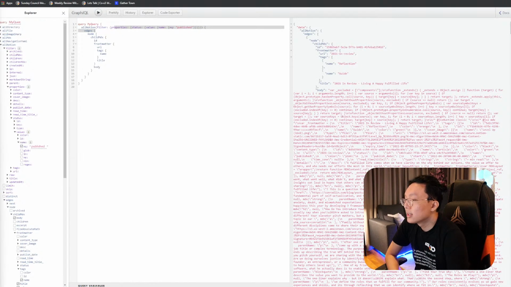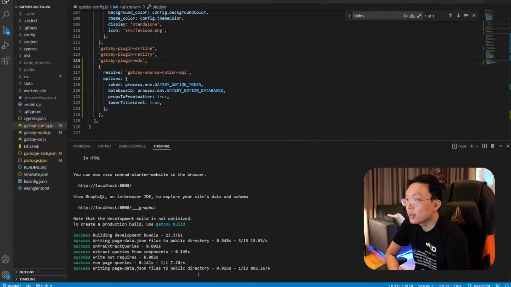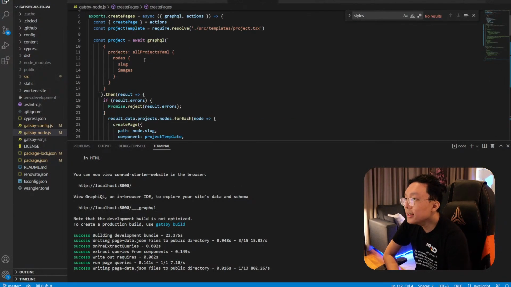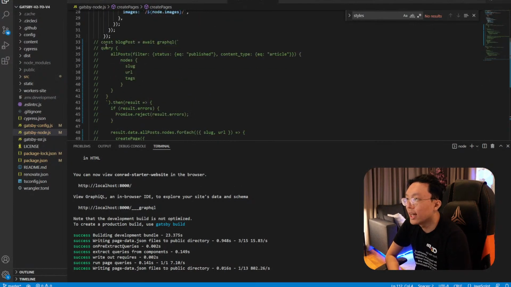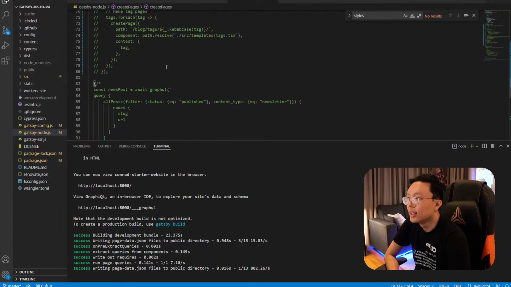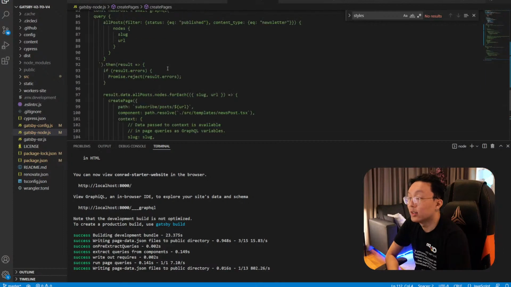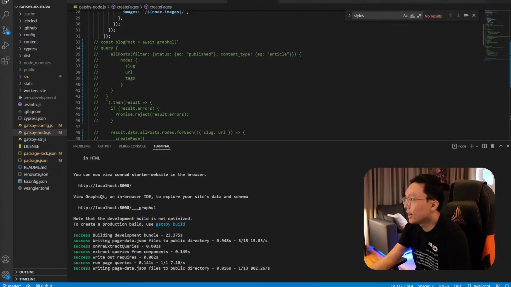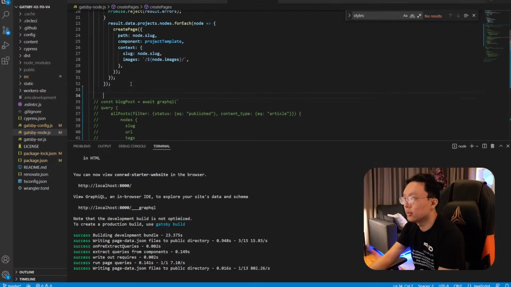So what I'm going to show you is what you can do with this information now that it's loaded here. We can go into our Gatsby node.js right here. And then inside here, you can see that we used to already have something called blog post, which queried, right, your GraphQL, and then was able to serve that in a meaningful way. I'm actually just going to copy and paste what I have already created on my side, and then I'm going to comment out something so that I can show you